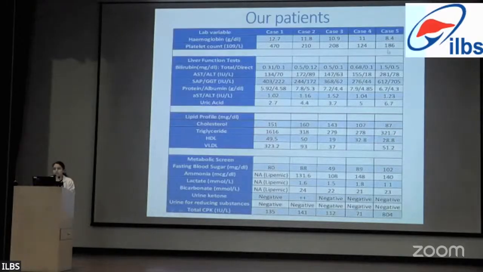Coming to the lab evaluation of our patients, they had more or less normal hemograms, with one patient having thrombocytopenia. Liver function tests predominantly showed elevated liver enzymes from 2 to 5 times upper limit of normal. Synthetic functions were preserved in all these patients, and the lipid profile showed a deranged profile of triglycerides, which were consistently elevated, and cholesterol levels were more or less normal. Apart from one patient, which was the index case, having low HDL, levels were more or less normal in the rest of the patients. Metabolic screen was done in all these patients, and it was within normal limits.